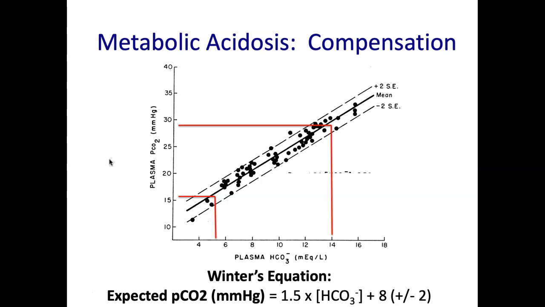We hate to use that term, memorize. I hate to use the word, you got to memorize this, memorize that. I feel like this is one thing you got to memorize. You got to have this in your brain because when you're treating patients at the moment, people who are really sick, have complicated problems, you got to be able to use Winter's equation on the fly to figure out what's going on with their acid-base disorders. Okay, so I'm saying this is really important. You got to memorize it. You're going to use it. It's on many tests. Enough said.